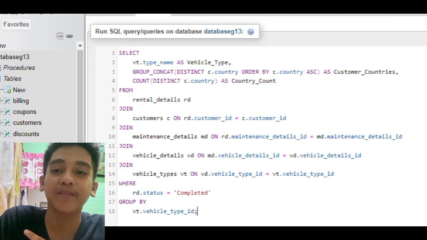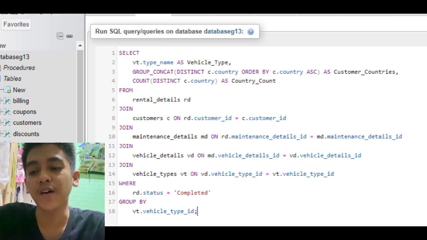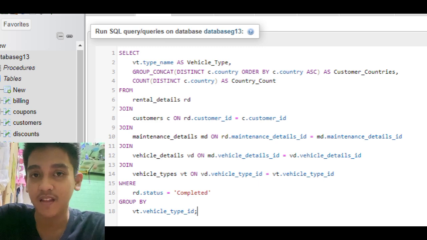Moving on to problem 24. The problem for number 24 is: identify the vehicle types that are rented by customers from at least 3 different countries, including the vehicle type and the list of customers' countries. And for the SQL code query that will be shown right beside me, I will now begin to explain the